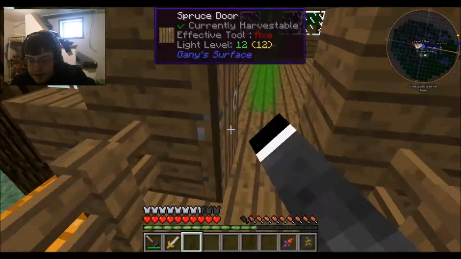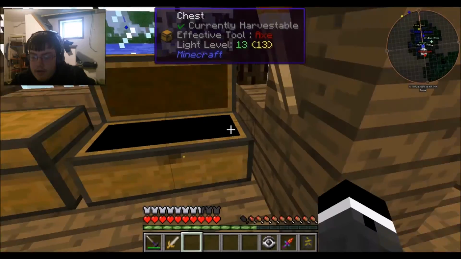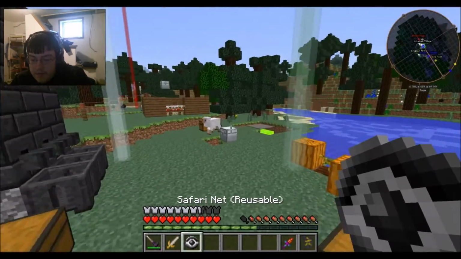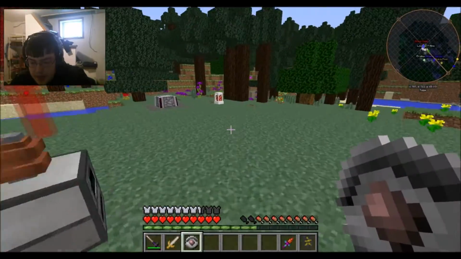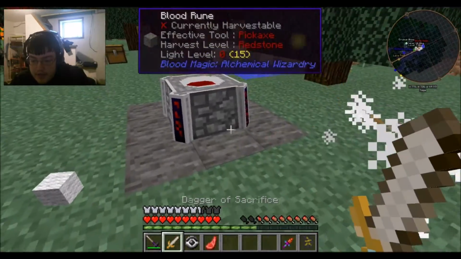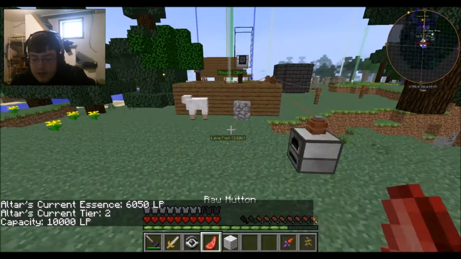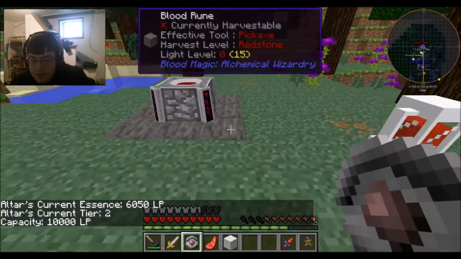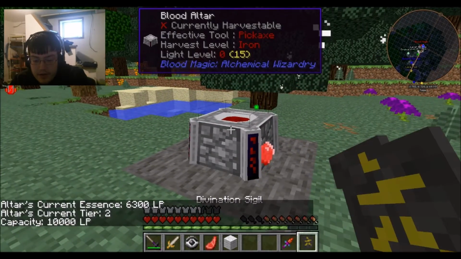Alright, so if I grab myself my safari net, and I put that there. And then sheep over here. Alright, so I grabbed the sheep, and now we're going to put the sheep near here, and then we're going to kill the sheep. Now, what should have happened is now I have 650. Alright, now if I grab another sheep, and kill it. Now I have